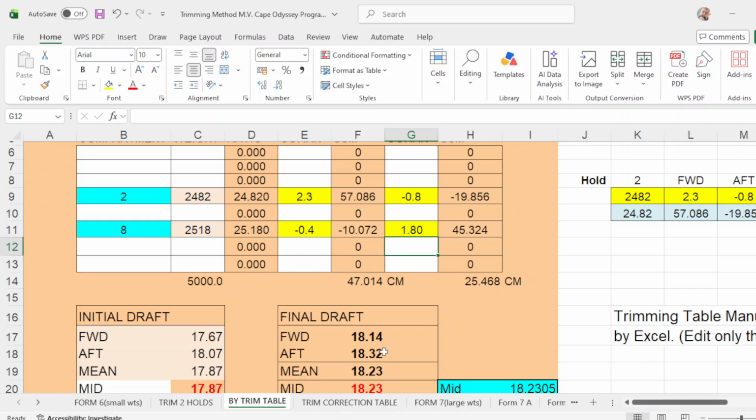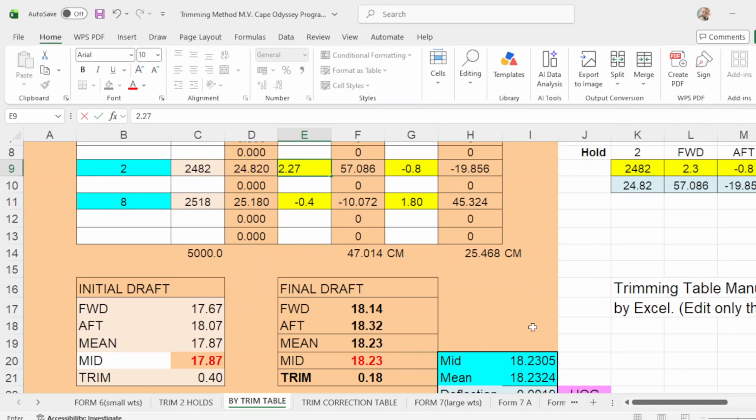So I've already adjusted it. So this forward correction should be 2.27.